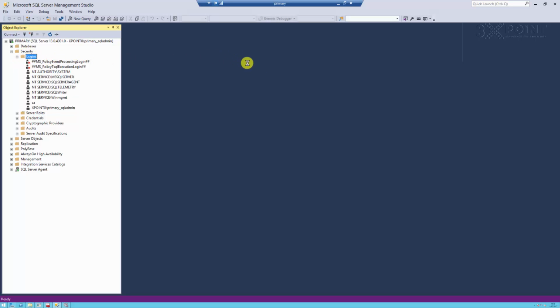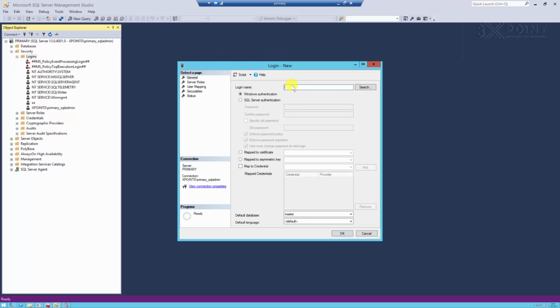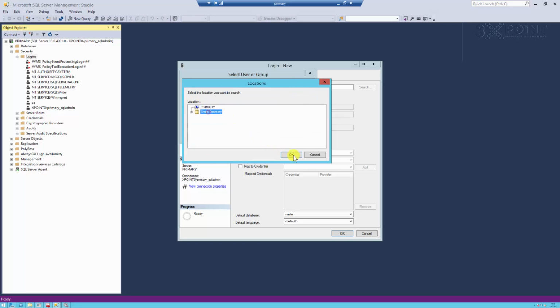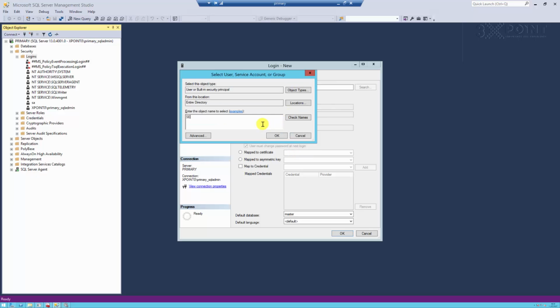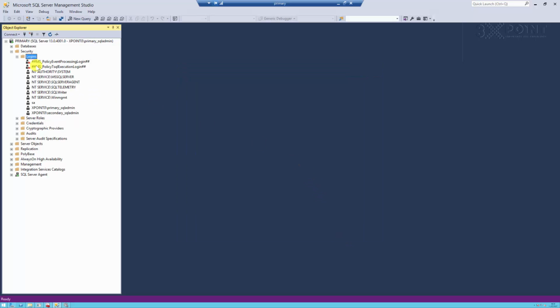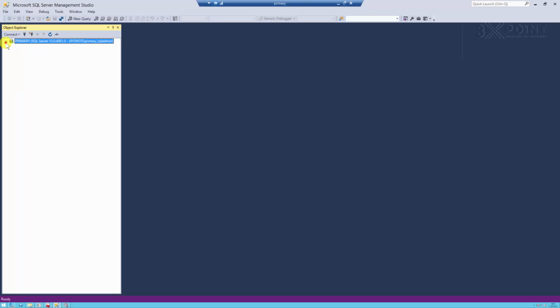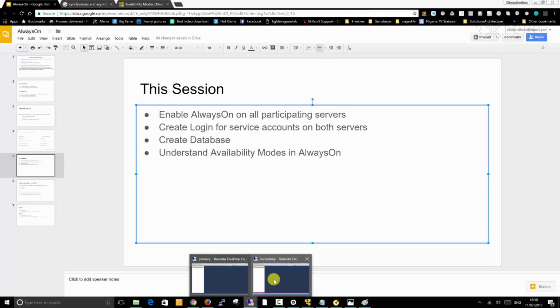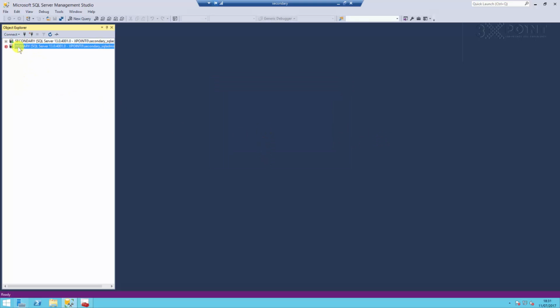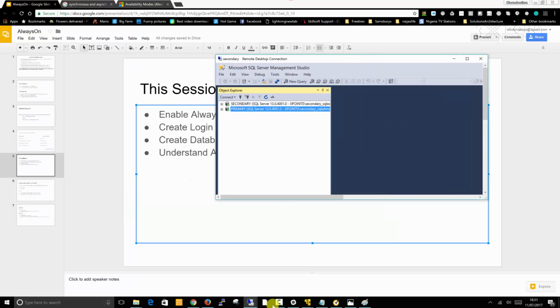So create a new login, and let us search from the entire directory. Let's search for secondary, and that's found. Let's give it the sysadmin server role, and that's also happy. So that if we go into secondary, we will be able to connect to primary, and that's good. So regardless of where we're connecting from,